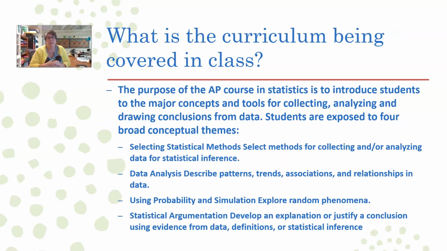So, the curriculum in AP Statistics is prescribed by College Board. We have a list of topics that we're supposed to cover, and we have 4 broad conceptual themes that are covered in the class. One is selecting statistical methods for collecting and analyzing data. We have data analysis once we've used those methods, where we look for patterns and trends and associations in the data, using probability to explore random phenomenon, and using statistical argumentation as an explanation to justify a conclusion. And I've been told by several previous students that this does an excellent job of getting them ready for college